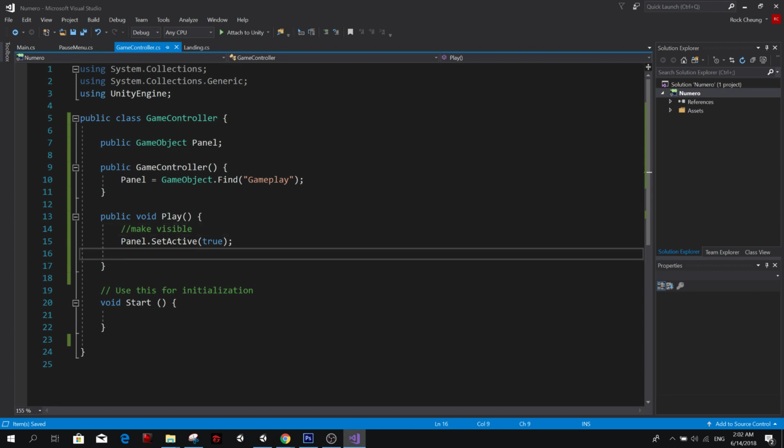I'm making so many comments like it's a tutorial. Well, that's my nature, I think. Trying to explain things. Make visible, and then I want to play. I still don't have a play behavior yet. I don't have the code for that.